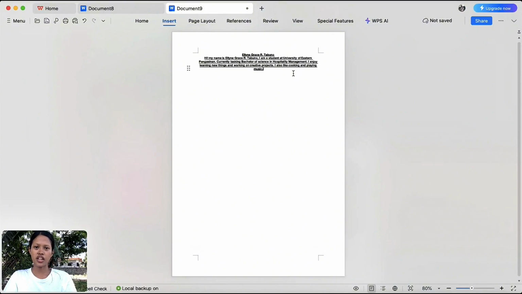Let's now change the font style, size, and alignment to make it visually appealing.